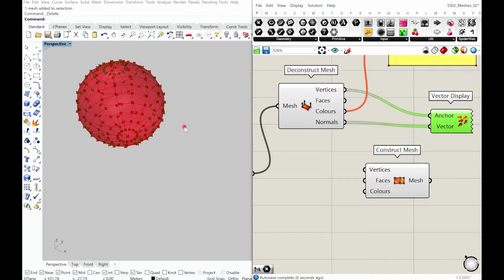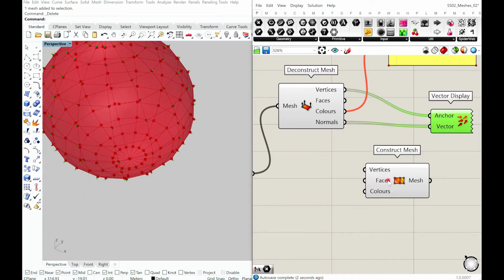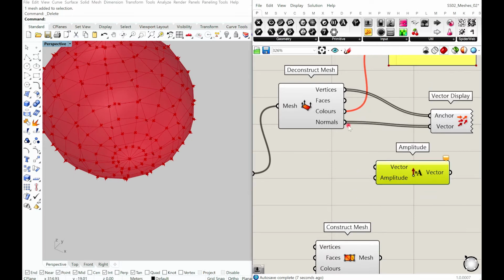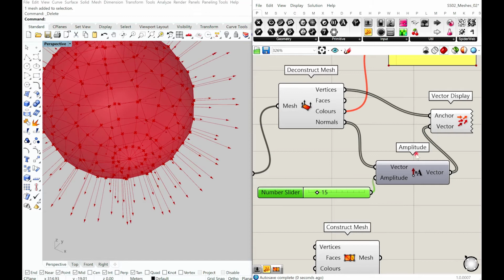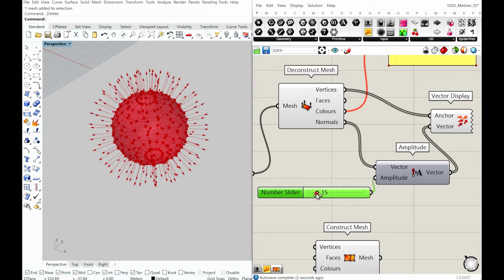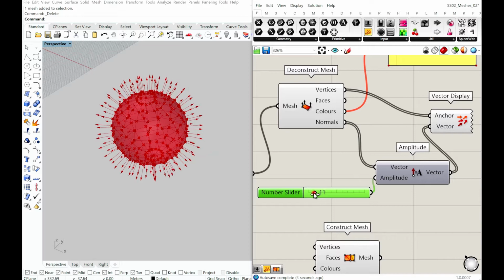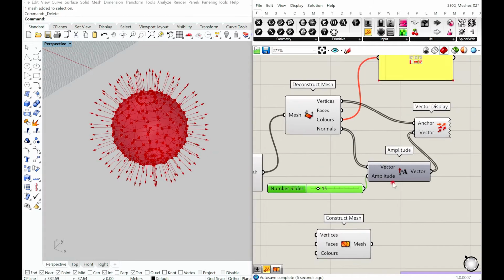These are my normals. You see them as very small ones. I can use an amplitude, and this is what shows me the normals, which are outward right now. So that's typically what we have here.